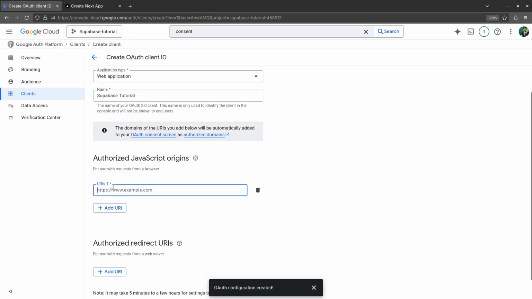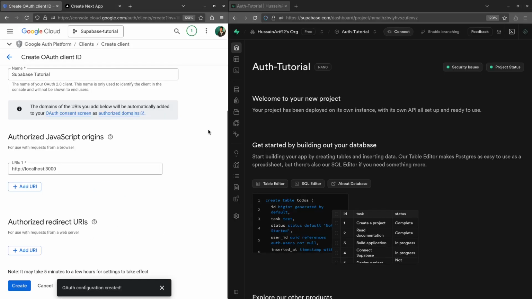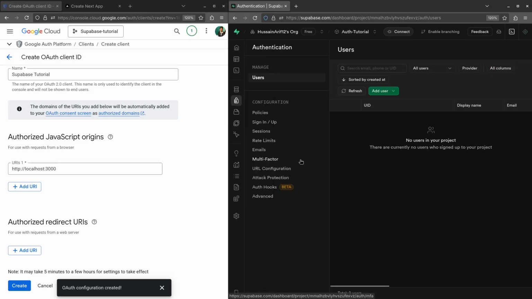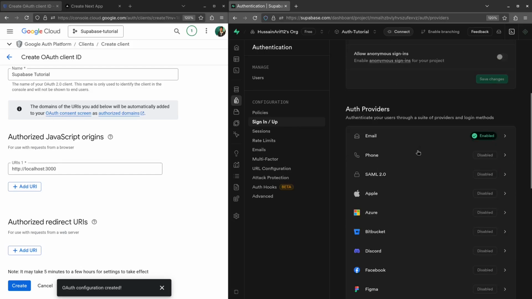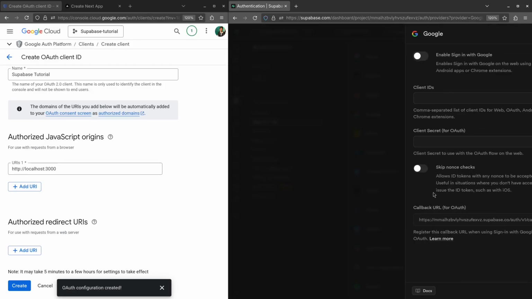Next, under Authorized JavaScript origins, you have to write your app URL. So in this case, we'll only be using localhost. Within redirect URIs, you have to navigate to your Supabase project and then find your URI. For example, in your Supabase project, you go to Authentication, Sign In / Up, and then you find your URI keys. So for example, Google, I have to maximize this,